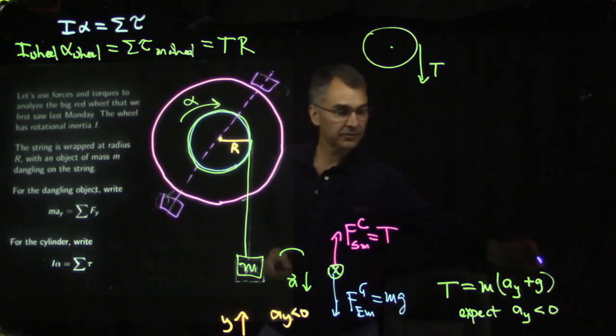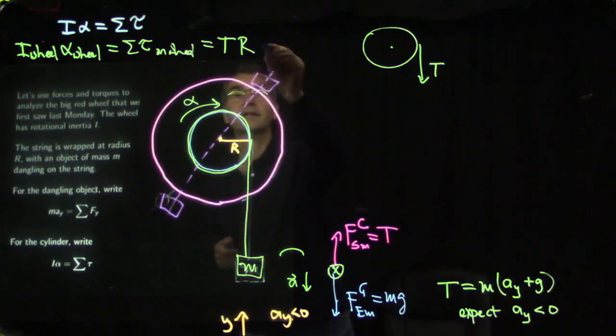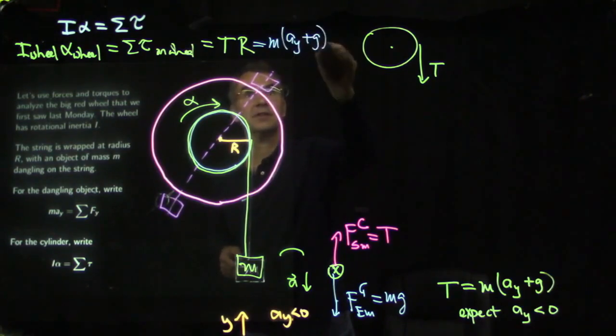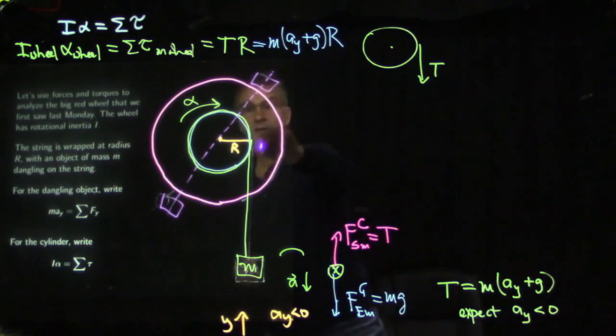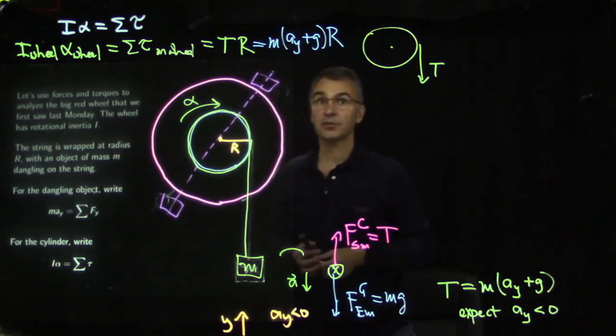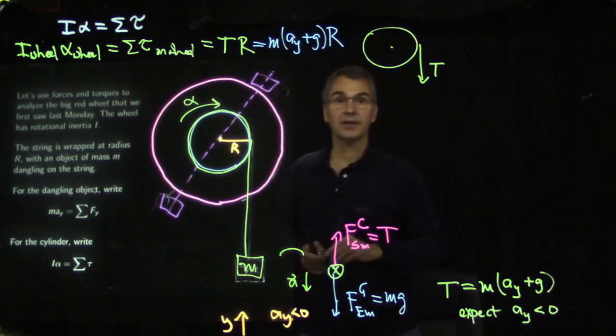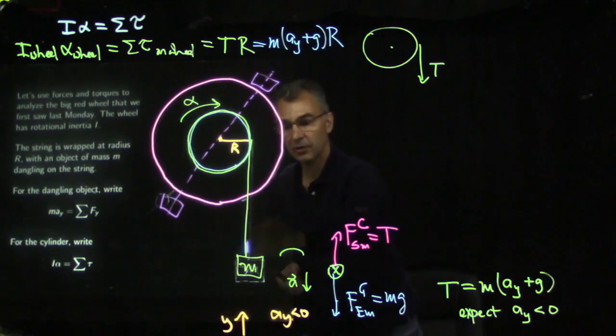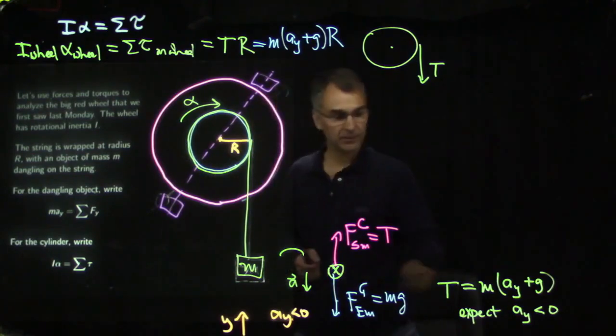So then we can plug in this expression for the tension, and we get that this is m times (a sub y plus g) times this lever arm r. Then, as long as the string is wrapped tightly around the wheel, every time the string goes down by one circumference, the wheel will go around by one revolution. So we can write, just as we wrote arc length is r times theta, and v equals omega r, we can write the magnitude of a sub y equals alpha r,